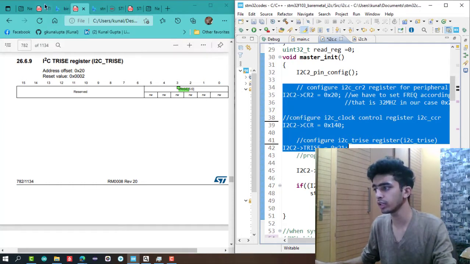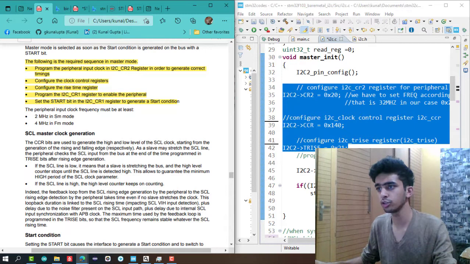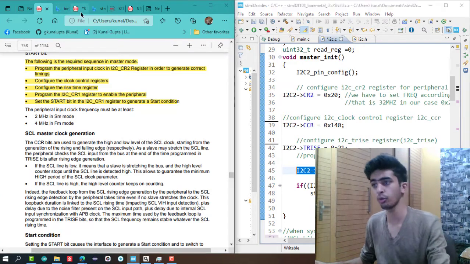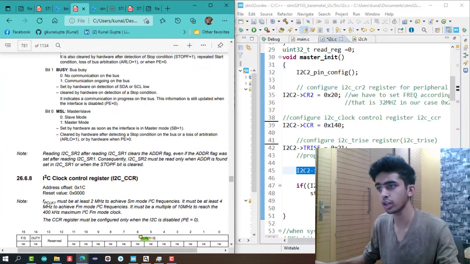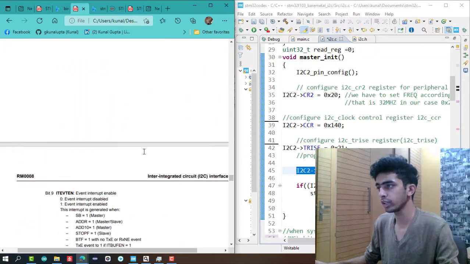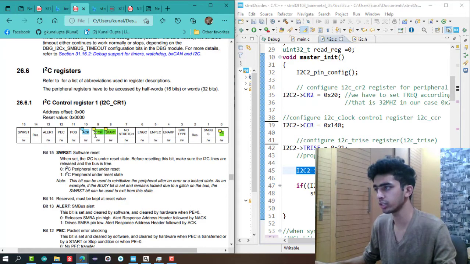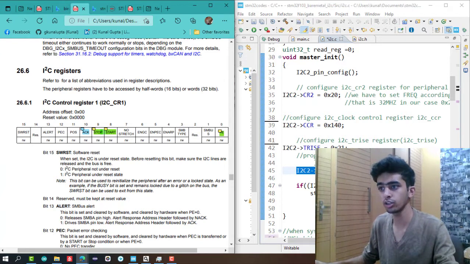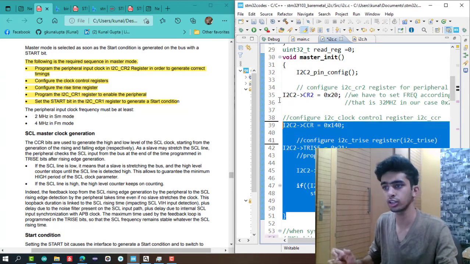Okay, now coming to our next thing, program the I2C_CR1 register to enable the peripheral. So we have correspondingly enabled, in the I2C_CR1 register, the PE bit, which is the peripheral enable bit. Okay, so as you can see in the I2C_CR1 register, I have marked in this data sheet what all bits are important to us. So these are the important bits. PE will enable my peripheral and it will be used in initializing our master mode. Okay, so that's all that you have to do for master initialization.